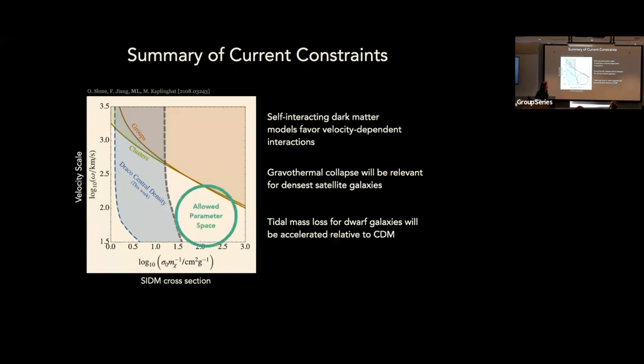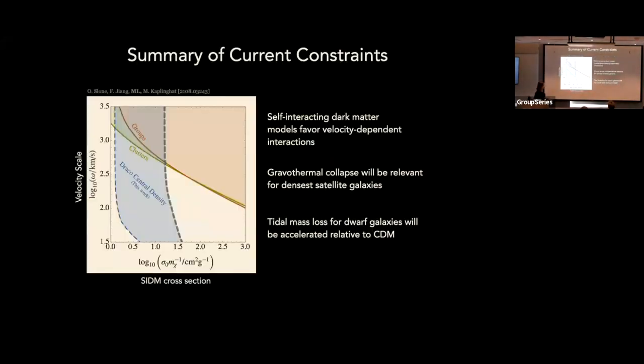The second thing that's key is that when you live in this region here, that actually is a regime where the gravothermal collapse can start occurring. Whether and how strong it is is a complicated question and one that we're continuing to investigate now. But suffice to say that systems here might actually have gravothermal collapse occurring, and that's something we're going to want to think about in the context of, let's say, dwarfs in our Milky Way. Maybe some of them are in the process of undergoing gravothermal collapse, maybe some are not.